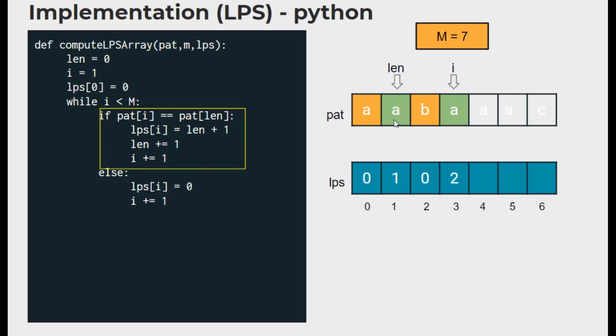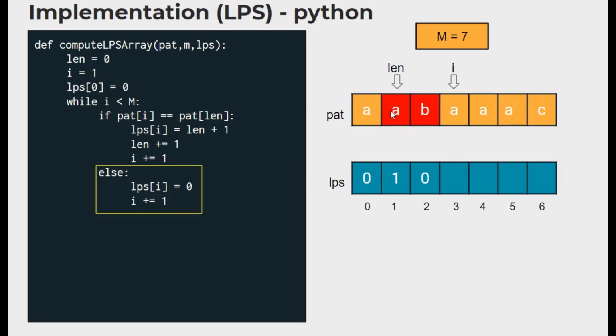Say for instance we go by this code and compare these two positions. We have a match, and as per this code, length plus 1 will be 2, and we cannot put a 2 here. It is wrong. In this substring, there is no prefix that is also a suffix of length 2. We only have a and a here. So the length of the prefix that is also a suffix is of length 1 only. So whenever a mismatch like this occurs, and if we have already progressed in length, we have to go backward in direction, right? Otherwise we will lose the continuity.